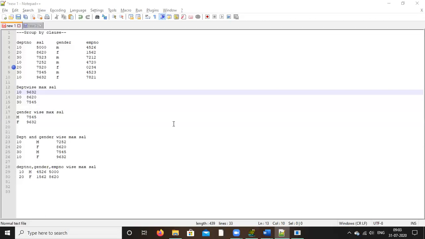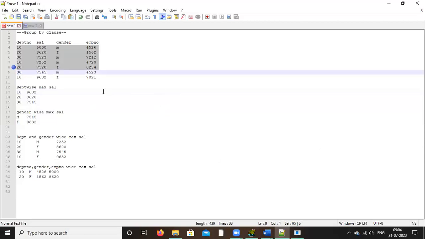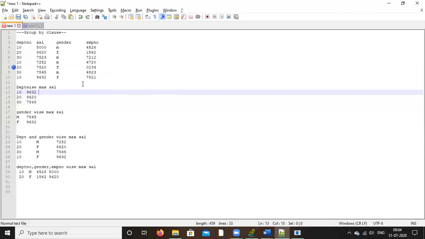Because this employee ID is one group by itself, so this similar group you cannot get. But 10M, department 10 male, you can get 2, 3 also. So from there you can find the maximum. So when you do grouping, when there are duplicate or repeating values, like department number, you have repeating or duplicate values. Gender also has repeating values. But when there is a unique or primary key, like employee number, you won't get any duplicate values. So in that case, no need to do grouping. If you do grouping also, no use.